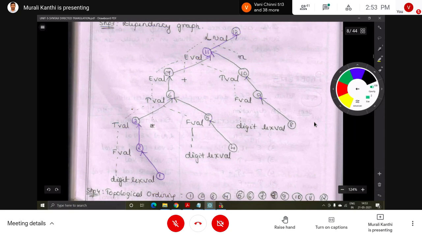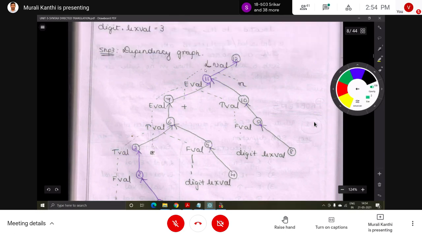Next, E's left-hand side is completed, and the operator is there. Now take the right-hand side, which is the last one: that is the 8th, taking the value and giving it to F, that is the 9th operation, giving that to T, that is the 10th operation. Now perform the addition operation between these, that is the 11th operation.